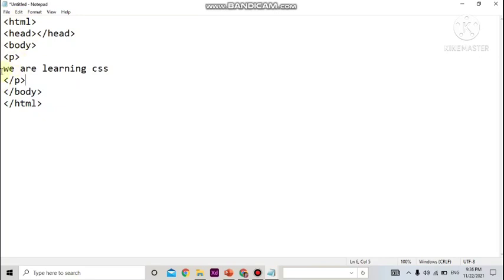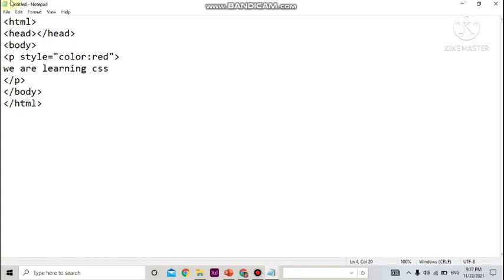Now, suppose I want to change the color of this text. One way is there. Before the P tag, I'll be using the font tag, and I'll use the color property for that. Another way, what you can do, simply go to the P tag. Here, we know that always attributes are given in the on tag. For the P tag, here is the on tag and this is the off tag. Go to the on tag, inside that give one space and write style there. Style is the attribute, equals to, value we will give inside double quotation marks. Now here, which property do you want to change? Color. We'll write COLOR and then a colon sign. Just after that, no space. Which color do you want? Suppose I'm writing red here.